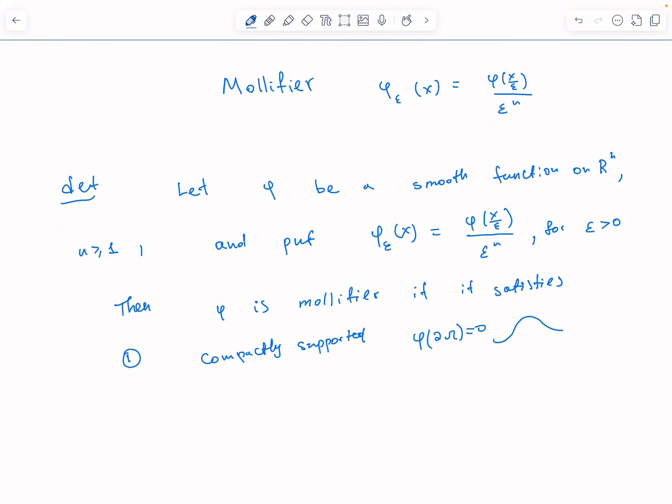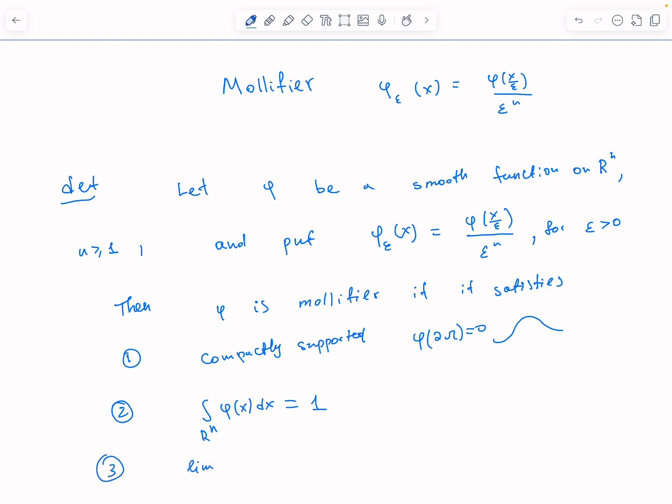And the second condition: the integral of phi of x dx in R^n should be equal to 1. So, and the third condition,